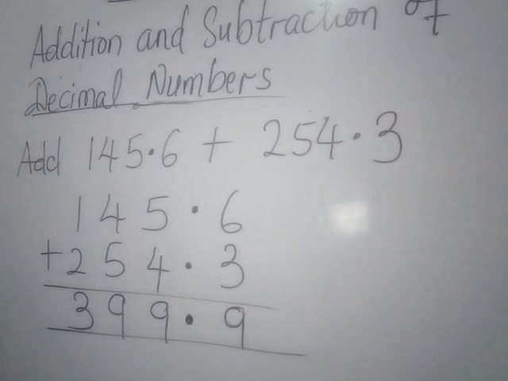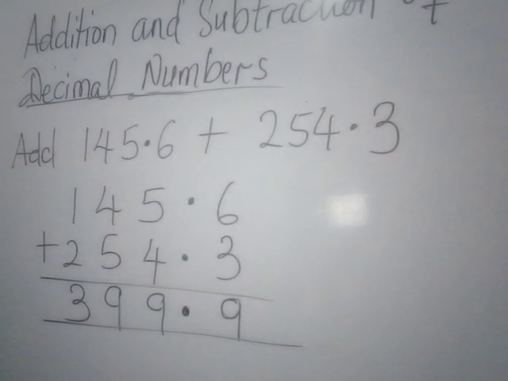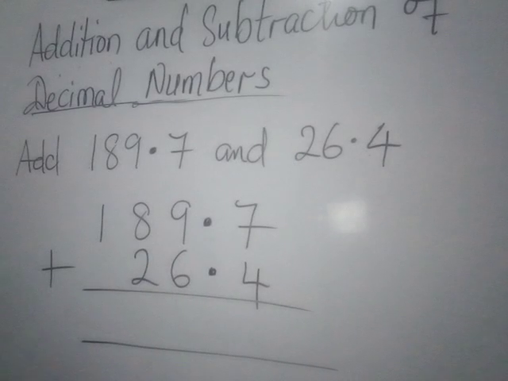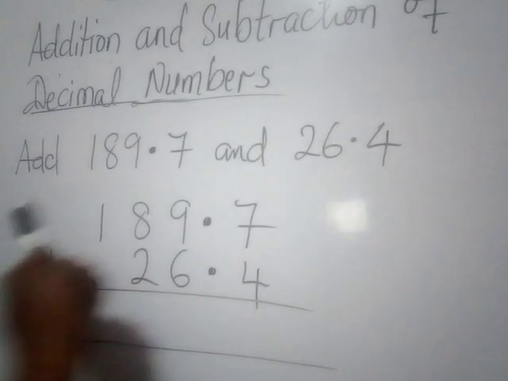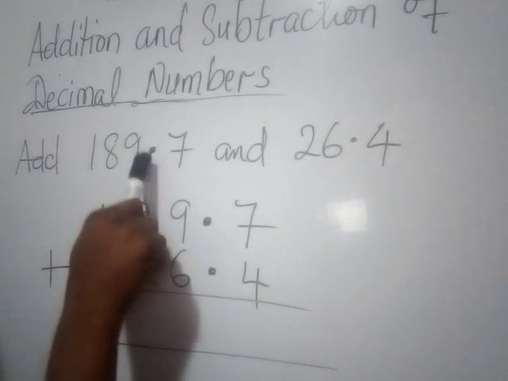So there are two things we are trying to look out for now: the alignment of the points and also whether they involve regrouping or not. So we're going to look at another example. Now let's look at the next example we have here. It says 189.7, add 189.7 and